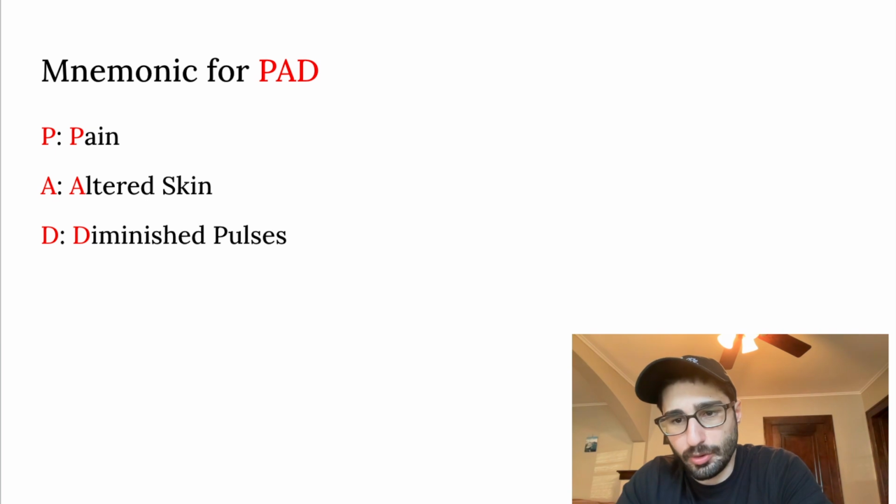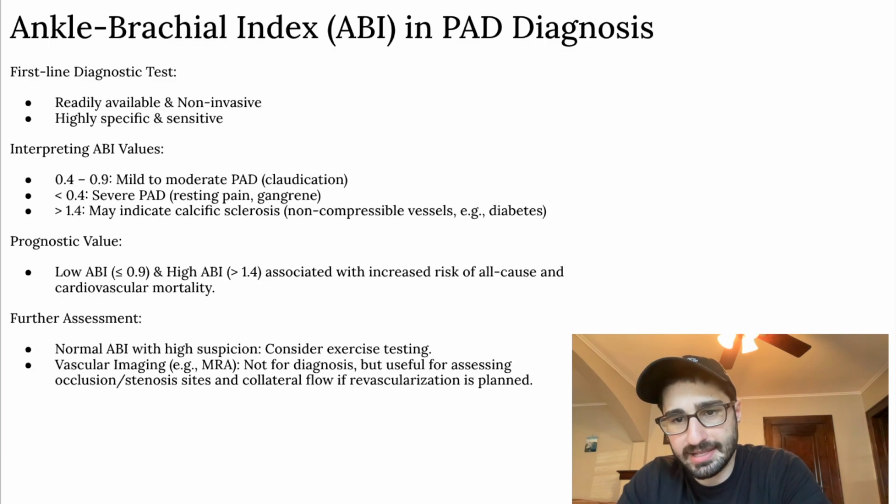D is for diminished pulses, which occurs due to narrowed or blocked arteries, and the blockage occurs primarily due to atherosclerosis, and that restricts the strong rhythmic flow of blood that would create a palpable pulse, and so we will get diminished pulses. Because the patient most likely has PAD, we need to do an ankle brachial index, or ABI, which is going to be the